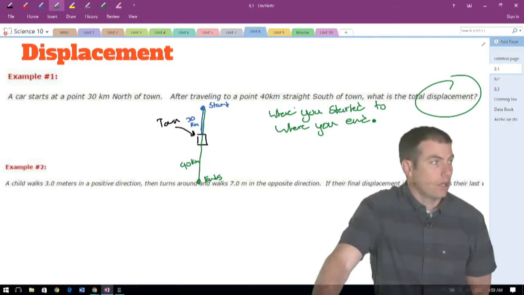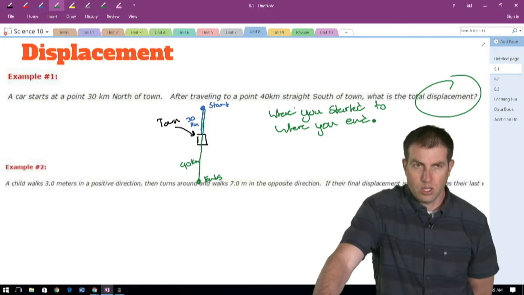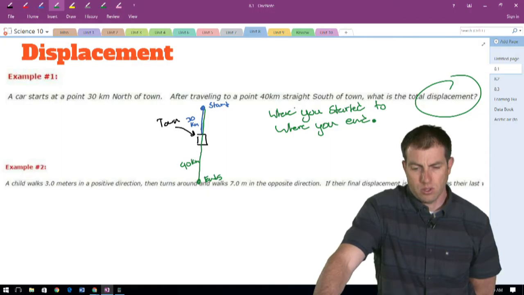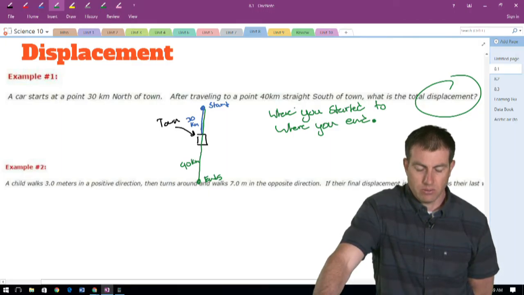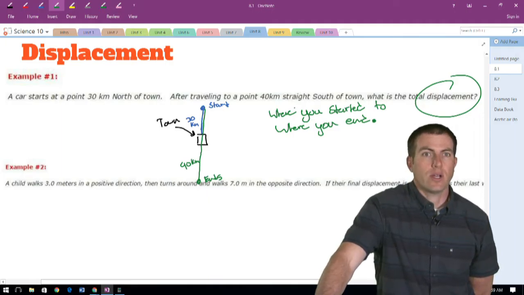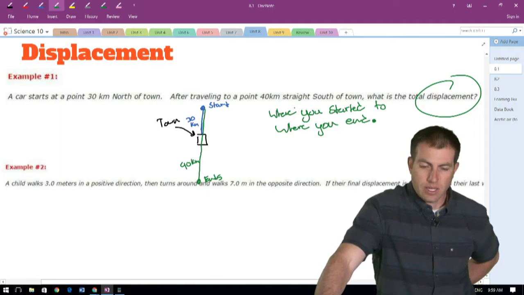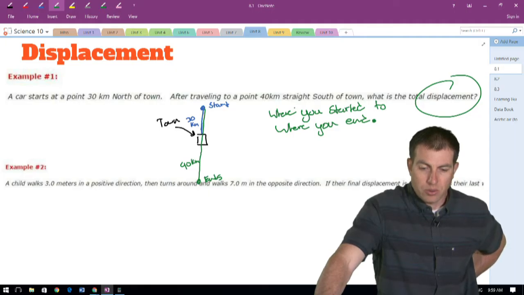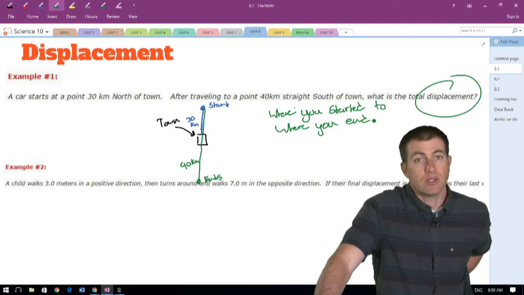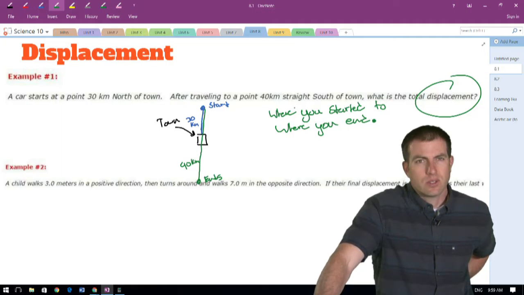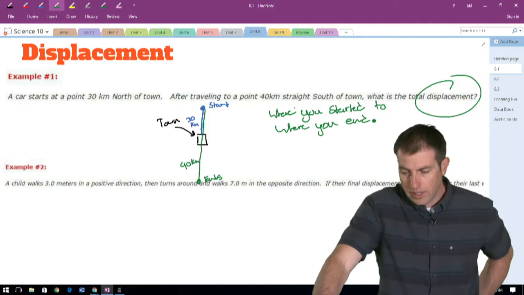So Josh, although you're not right, Eric's going to go 60 or 70 kilometers south. If the question had been asked differently, Josh, if I said, how far are you away from town, or what's your position relative to town, you would be right. But because the question asked for displacement, and this is why